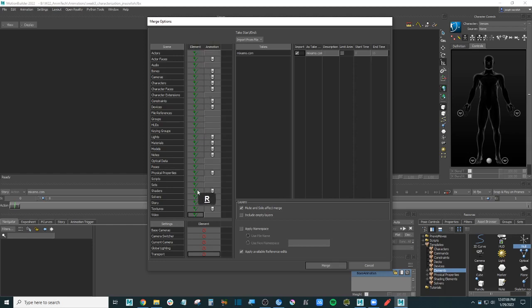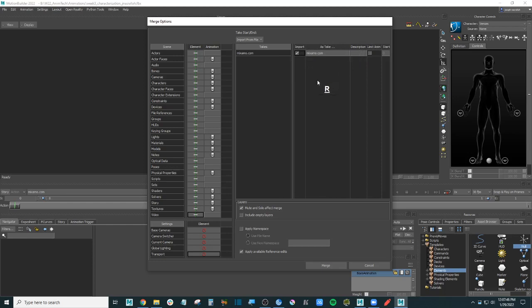We need to change this column. Right now, the option to merge is you add a new skeleton. Instead, we need to actually be merging. Okay, so you right click on the top where it says element, and you select merge all elements. Okay, it's unfortunate it's not on by default, but that's how we need to work. So merge all,